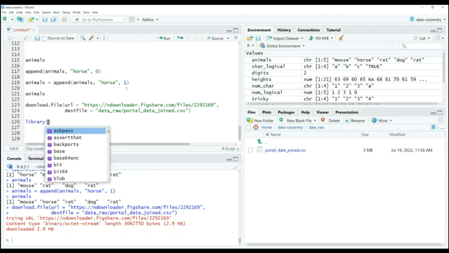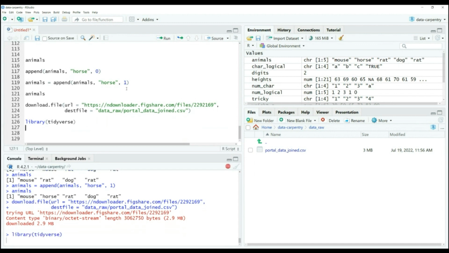That's one of the good features that I mentioned at the beginning, that you can use a lot of libraries that offer a lot of features and functionality. So one of the libraries that we will use today is tidyverse. So if we load that library,